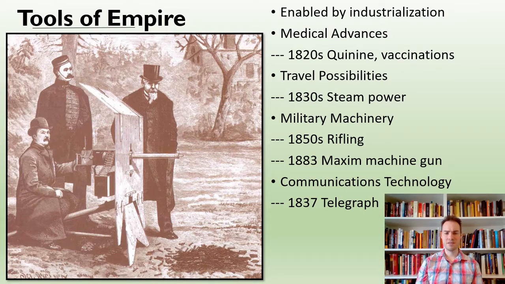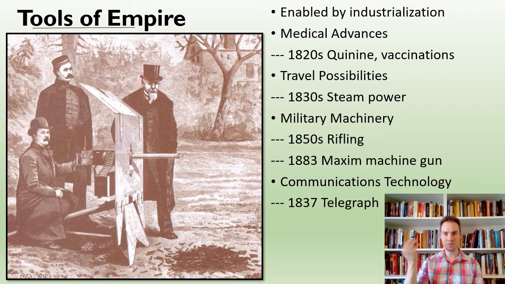Another massive development that enables these sorts of imperial practices is steam power. All kinds of new travel possibilities come from railroads, come from steamships, whereas before your empire had to be carefully managed in the long run. When it takes 6 weeks for the Spanish to send a ship to Mexico, there's a certain amount of communication that can go on, and you have to trust the governors in Mexico to do what the Spanish want. But once you have steam power, you can go back and forth really quickly.